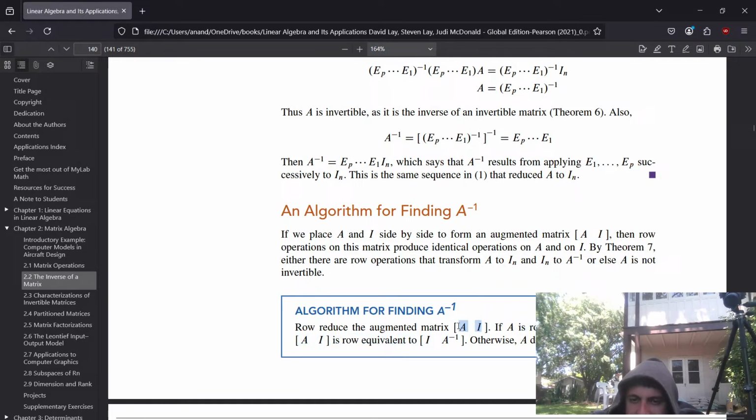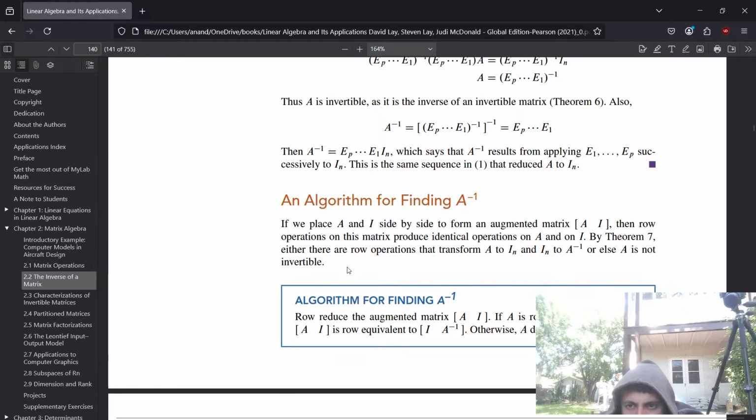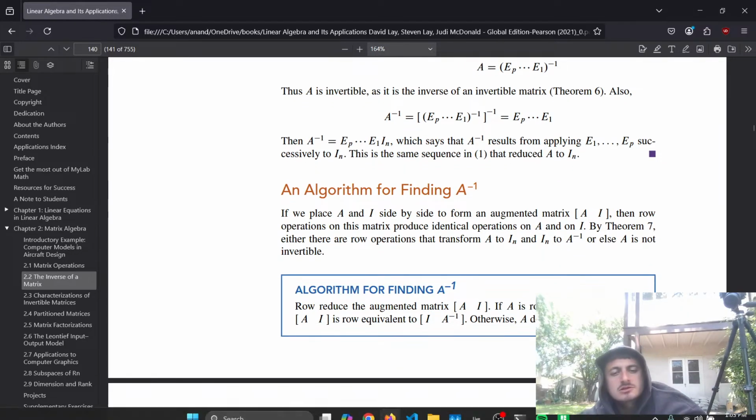Yeah, you can do this. This is neat. Row reduction is so cool. Let's try to do this in